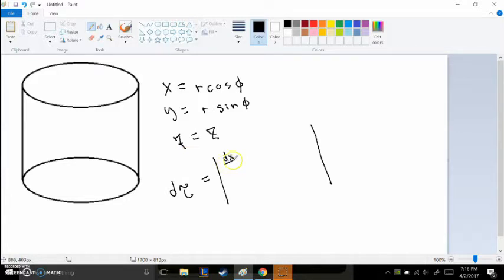So this is going to be dx by dr, dy by dr, dz by dr, similarly dx by d phi, dy by d phi, dz by d phi,